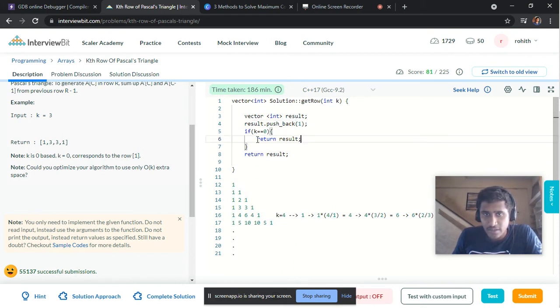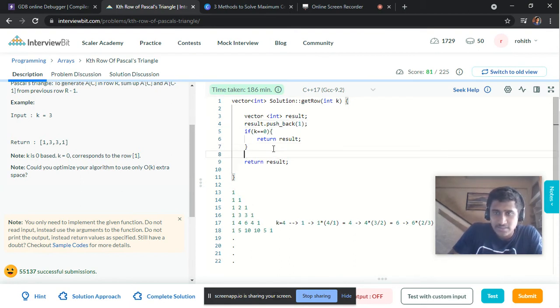Whenever you are returning a value in a function, the function automatically gets terminated. It's not like a generator in which it will have a yield statement. If you know Python, a yield statement will run for many iterations, whereas in functions, whenever there is one return statement, after that the function stops executing, unless it's a recursive function. So if k equal to 0, we are returning the result which has the value 1 inside it. We are not required to write else because this acts like a break statement.